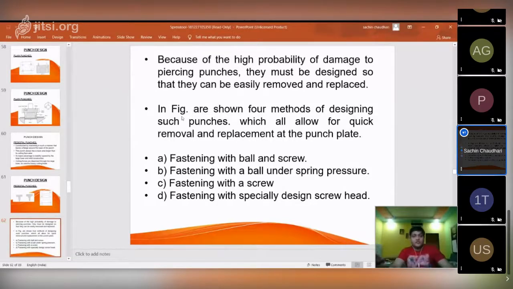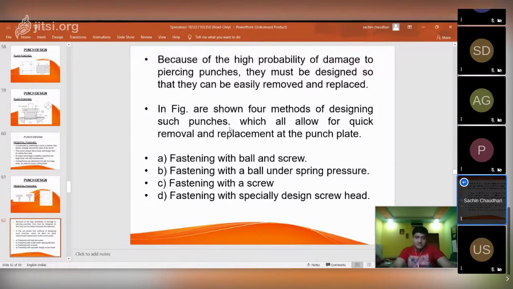So the next figure shows 4 methods of designing such punches. Generally in pedestal punches this design is used, guys, where you can easily change the punch, which allows for quick removal and replacement at the punch plate.